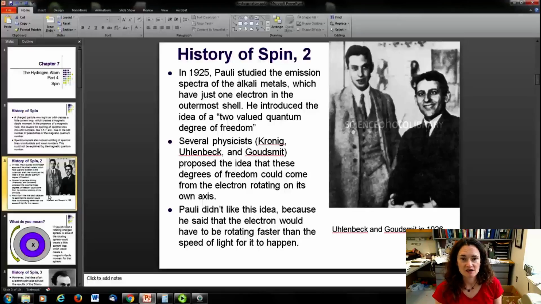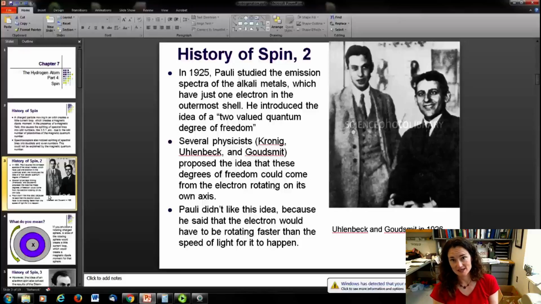And in fact, several physicists within the next year or so, including Kronig, Uhlenbeck, and Goudsmit — I'm probably slaughtering the pronunciation of that name, and I apologize if that's the case. But anyway, these three different physicists all proposed the idea that you could explain this two-valued degree of freedom if you described the electron as a charged sphere that was rotating on its own axis. Now, after some calculations by some other physicists, it was shown that in order for this to happen, the electron would really have to be spinning at very high speeds, in fact, higher than the speed of light,